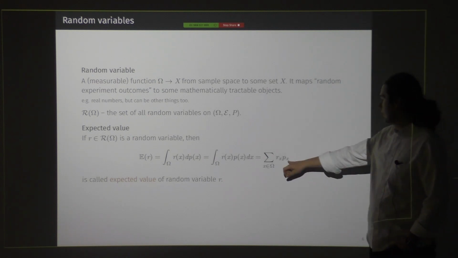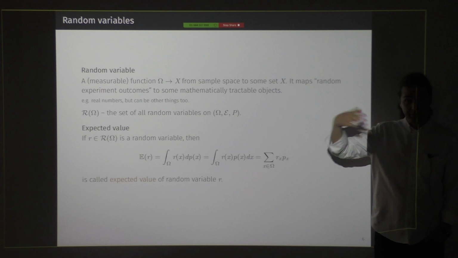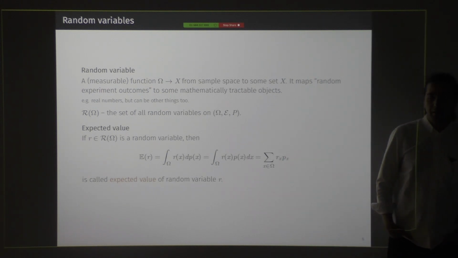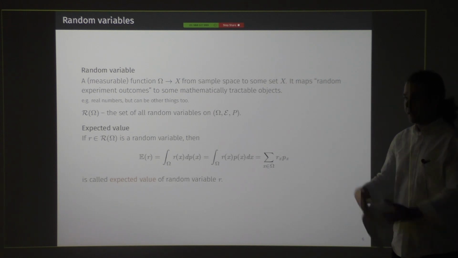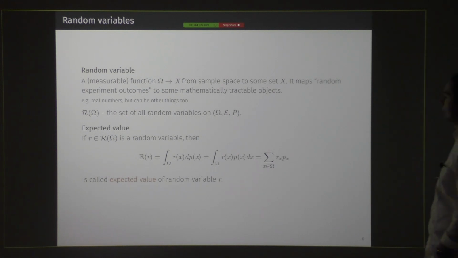This is the sum. And so this is actually the average value. I mean, if we randomly sample, then we compute average. That's it. That's what we should get. So the expected value tends to the average value of the actual experiment that we make.